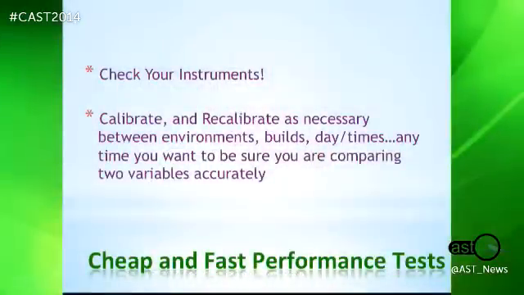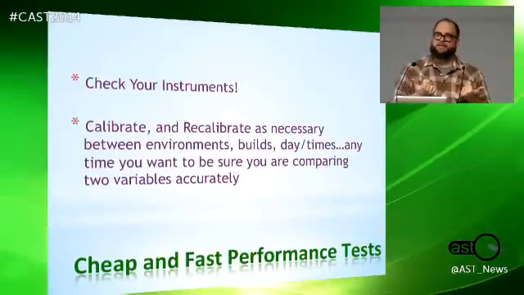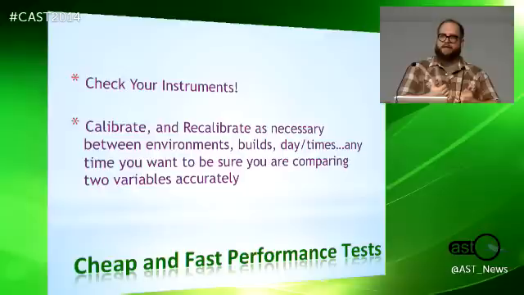So the calibration idea, every month before I reran the set of tests, I would start with last month's build and still make sure I got the same results again. And if something changed, I better figure out what it was. Resolve that, and then I'll be able to move on. When a server crashed and we need to move to a new server, take the same build, recalibrate from one to the other, and measure that difference, which helped put subsequent results on the new server in context. These tests are fast enough that I can continue to recalibrate my performance numbers and my resource numbers, make sure that my measurements are trustworthy.